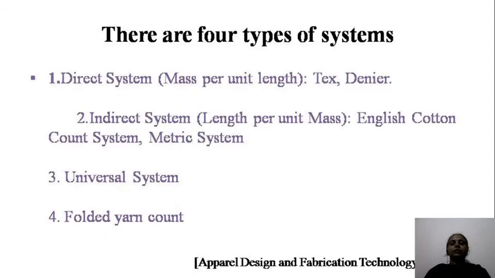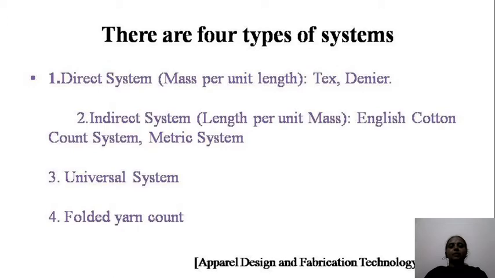Now for the system of yarn count, what is the yarn count then? Yarn count is nothing but a numerical expression of the fineness or the coarseness of the yarn. You can identify, by using the numbers, whether a particular yarn is fine or coarse. It is not equivalent to the thread count, where we count the threads within an inch directly from the fabric. But here we are using a number system.